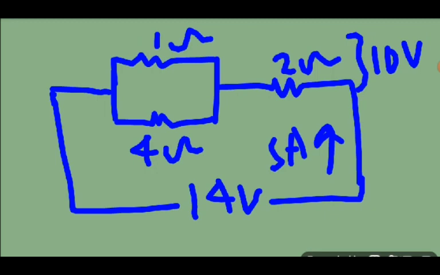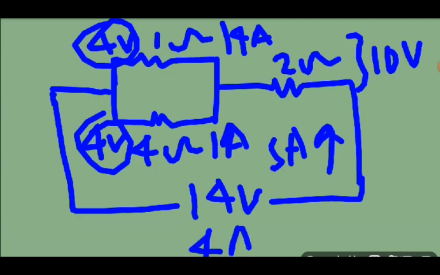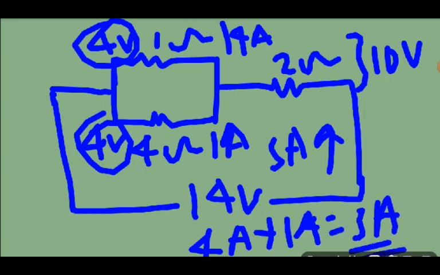The current will be distributed between the first and the second one. The voltage drop in both of them is the same, which is 4 volts. So we have 4 volts here, and the same, 4 volts here. The current is 4 divided by 1, so here we have 4 ampere. Here again 4 volts divided by 4, which is 1 ampere. So 4 ampere plus 1 ampere is equal to 5 ampere. So the answer for this question is equal to